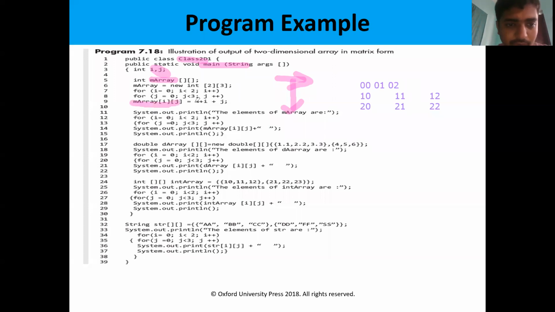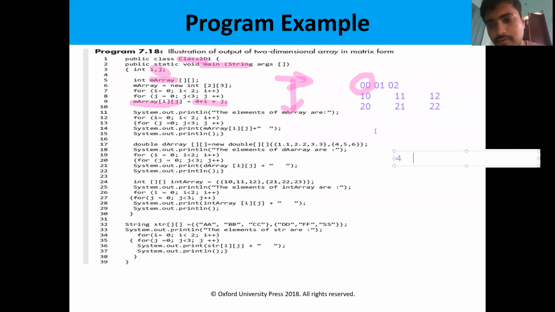M array is given an arithmetic operation: 4 plus i plus j. That means he is going to fill the array by adding the i value and the j value to 4. For i equal to 0, j equal to 0, the first element is 4 plus 0 plus 0, which is 4. That means in the 0 0 position, the element will be 4.